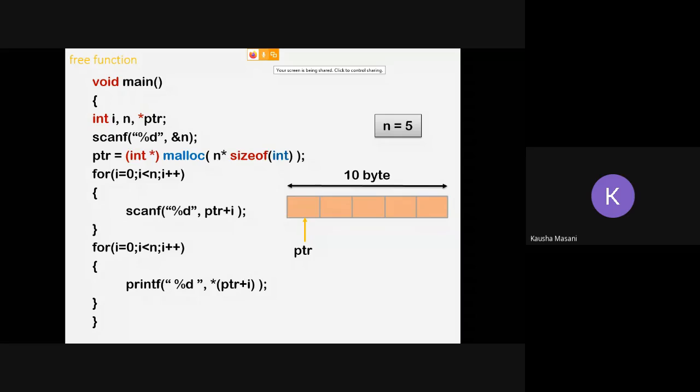One single memory block of 10 bytes is assigned, and the pointer ptr is pointing at the first address of that memory block. Now what I want to do is free up this memory space. Whatever purpose I had assigned these 10 bytes for is now fulfilled.